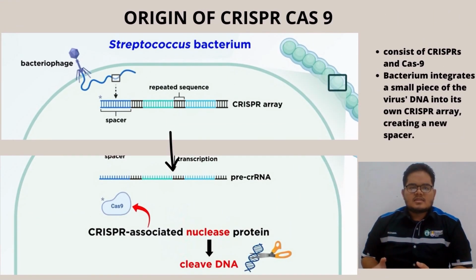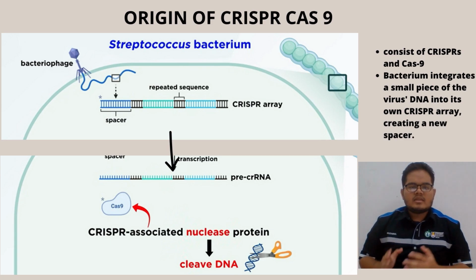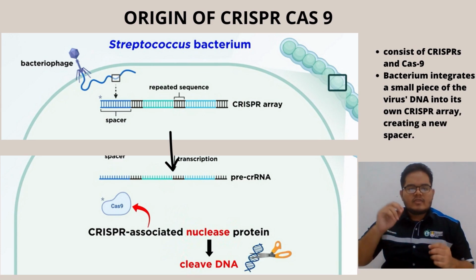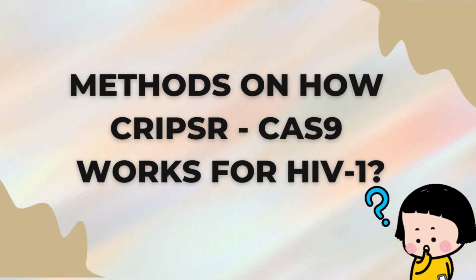Next, the CRISPR-Cas9 system is a natural mechanism in prokaryotes that functions as an adaptive immune system against invading genetic elements such as viruses. As mentioned in the introduction, the system consists of CRISPR and CRISPR-associated protein, Cas. When a virus infects a bacterium, the bacterium integrates a small piece of virus DNA into its own CRISPR array, creating a new spacer. The CRISPR array is transcribed into pre-crRNA that forms an effector complex with Cas protein. If the effector complex encounters a complementary viral DNA sequence,